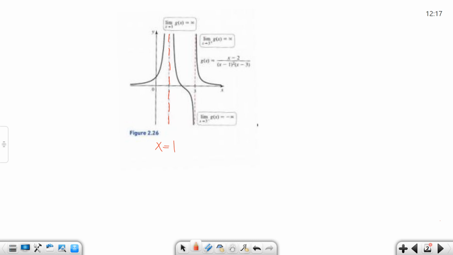So I want to point out that vertical asymptotes are x equals equations. So that's something you'll need in your quiz. You also have a vertical asymptote here at x equals 3. Okay, so writing something really quickly, vertical asymptotes